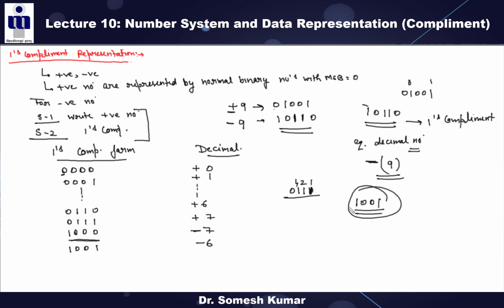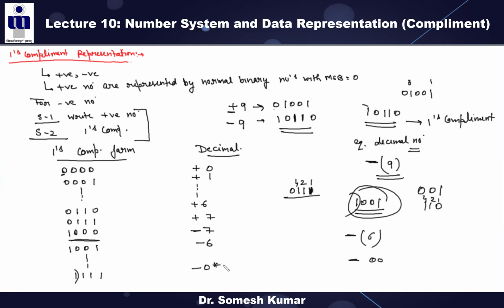So if 1001, it is in the 1s complement. So find out the equivalent decimal. At the MSB it is 1, so take the minus and again convert it to the normal form. It is, sorry, 110, right? So it is 1, 2, 4. 4 plus 2, 6, minus 6, right? And so on. Now what is the equivalent decimal of this? 1, it means it is 0, and again take the 1s complement, 0, 0, 0, it means it is minus 0. Again this is the drawback of this, right?